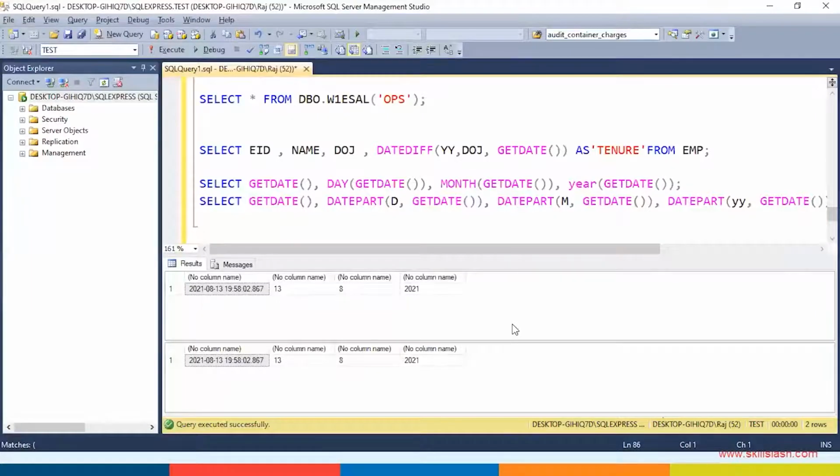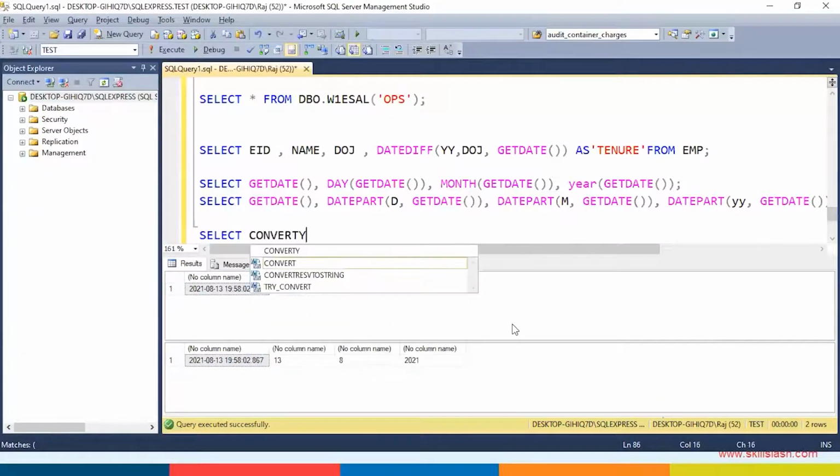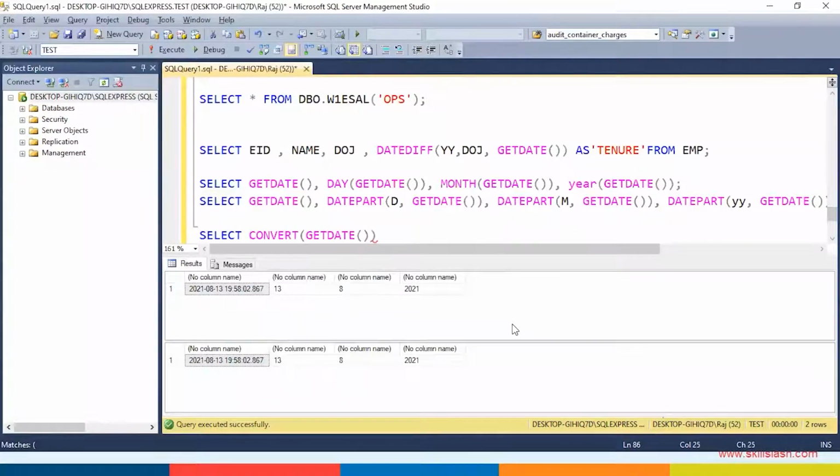Then we have a CONVERT function. Select CONVERT, varchar, GETDATE.